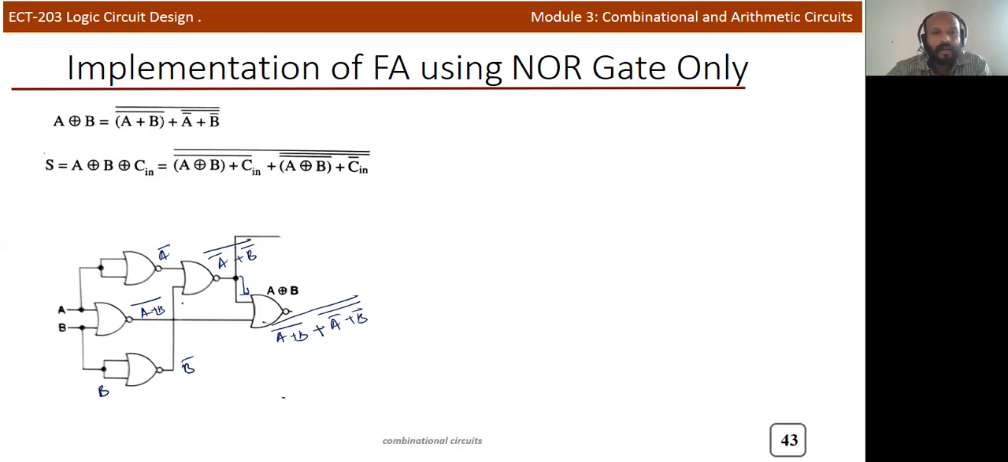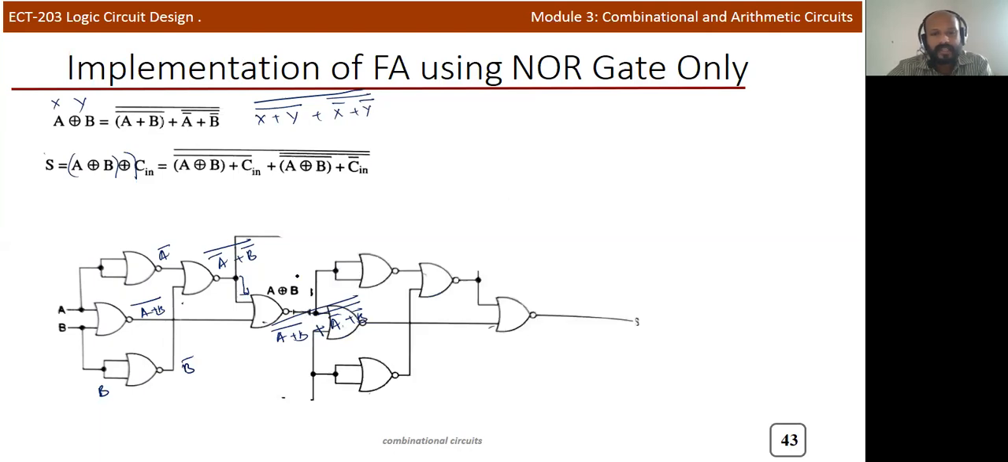Now we need to implement the full adder concept. That is, we need to perform XOR operation between A, B, and C. A XOR B is already given. For example, if it is X and Y, you will write X plus Y the whole bar plus X bar plus Y bar the whole bar, again the whole bar. So the second circuit you can consider as